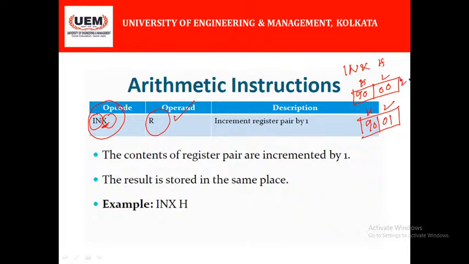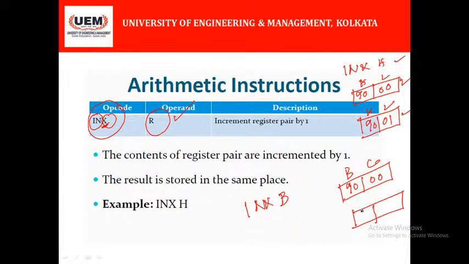So previously it is 9,000, now it becomes 9,001. So we have incremented successfully the value of the HL register pair. Similarly, if we write INX B, that means we are about to increment the value of the BC register pair. Suppose it is 9,000, after INX B it will become